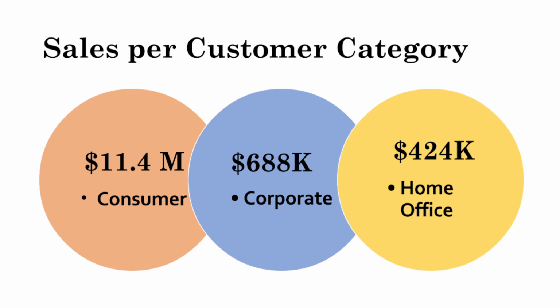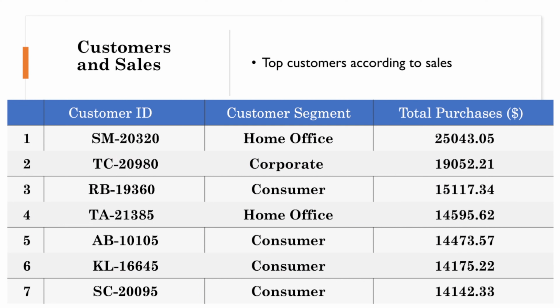So when we move on to the customer and sales, this table highlights the customers according to the amount of purchases they have made from the store. So our best customer was customer SM20320, from the customer segment home office. This customer made purchases worth 25,043 and 5 cents, and was followed by the second best customer in this case, customer